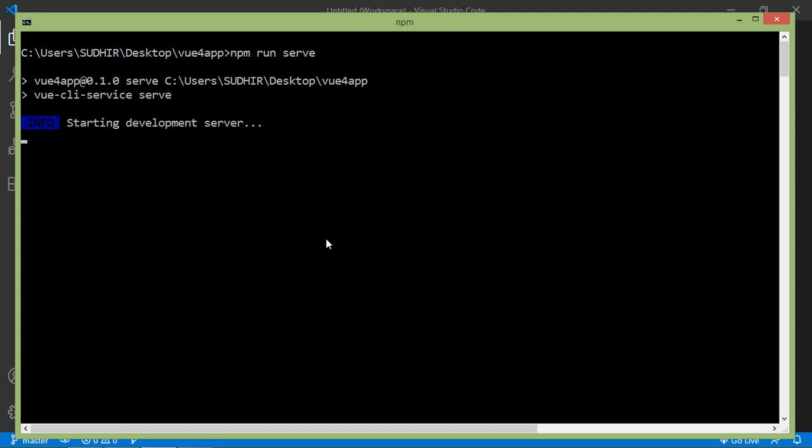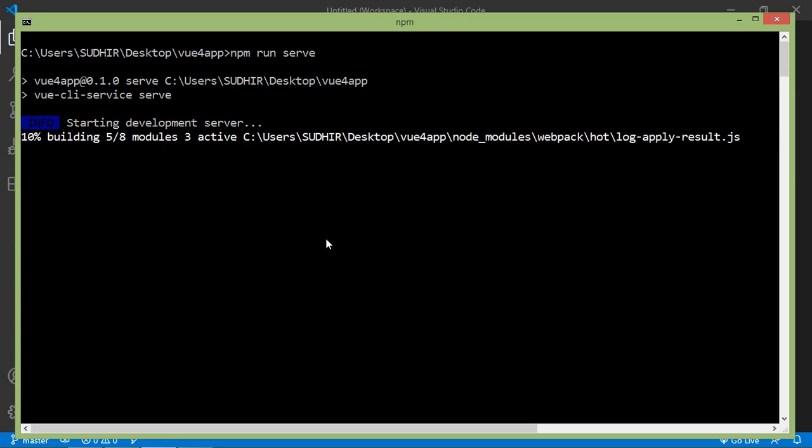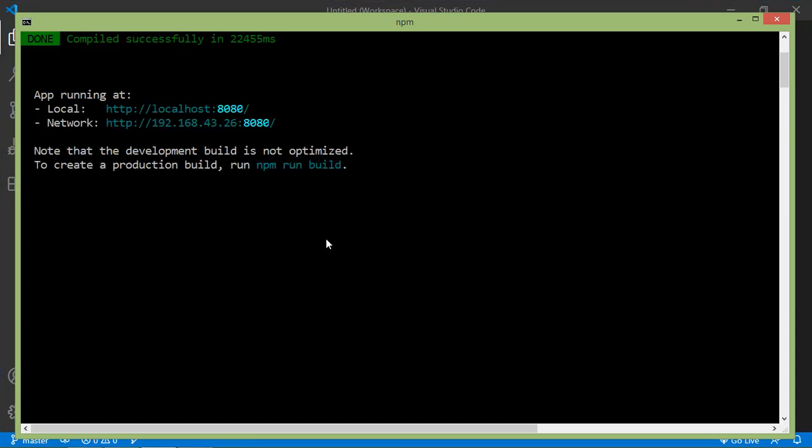Now it's starting the server. The app is now running on localhost 8080.